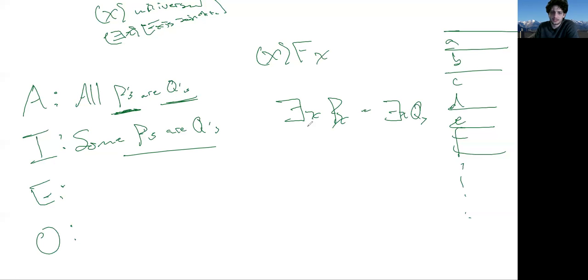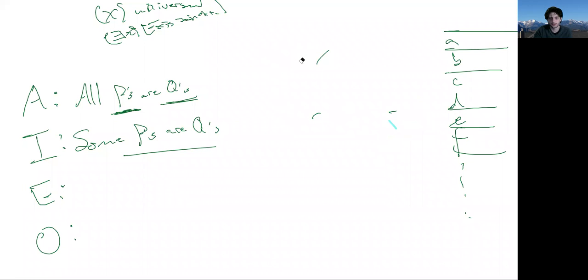This sentence would mean something's a P and something's a Q, but that's not what we mean by the I statement. We'll get into that this morning. Okay, so some P's are Q's,